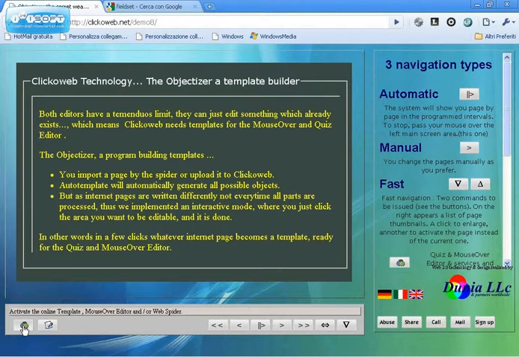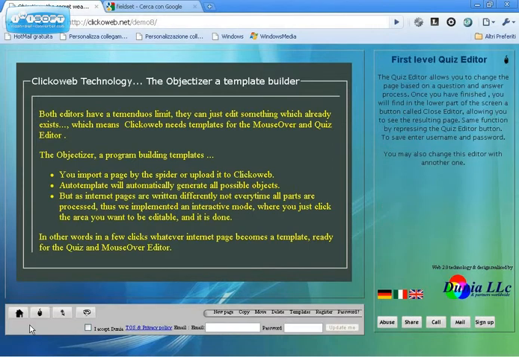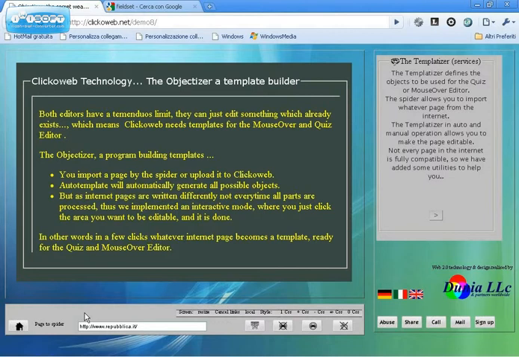A whatever page from internet can be imported into Clickoweb by the Clickoweb spider. The objectizer in auto template mode will automatically generate an editable object of whatever object you find in this page. Sometimes objects are too nested, so we have also a manual operativity where with just a click you generate an object of the area which is under your mouse. This means whatever internet page with a few clicks becomes a template where you can change images or text or